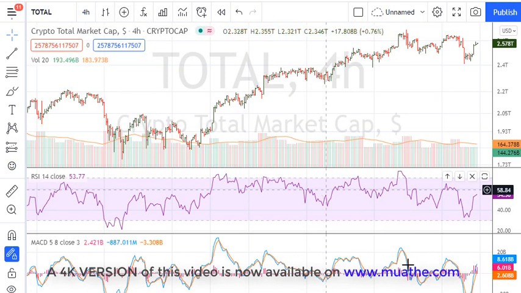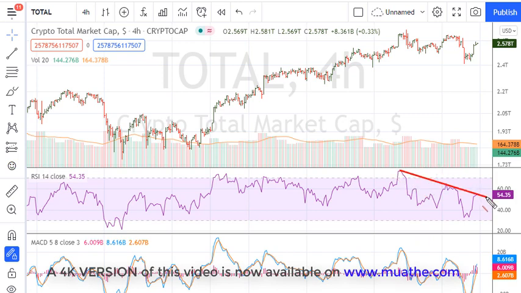So on the 4-hourly, the reason for this video started when I looked at this 4-hourly chart and I could see that there is a trend line, the most simple trend line connecting the recent tops for the cryptos on the 4-hourly. This top, a couple of resistance touches there, and now here we are trading. And this is a big question mark, because as the cryptos are inviting more and more buying as they move higher, I can see that this could actually be a trap if this is confirmed as resistance.